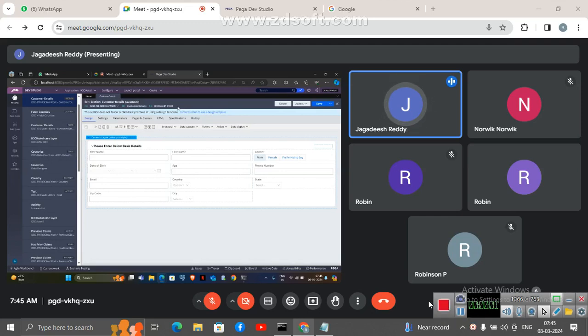A number of rules contained in one place is nothing but a rule set. The name itself, rule set, means a set of rules or a number of rules. So a rule set is a container of rules. We can say it is a collection of rules or a container of the rules. So if you open the rule set,